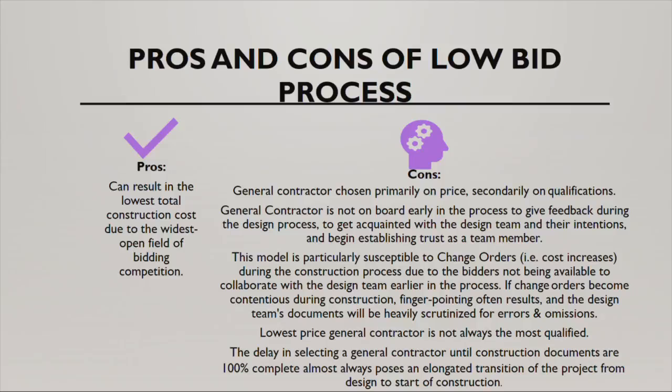So that's the con. The other issue is you base it on price, not qualification. So it's open to any. You could have companies that have been in the business for decades to companies that just got into the business. And so you're potentially awarding a contract to a less qualified firm. Now, does that happen traditionally? It does. We've seen in the construction industry that the lowest price is not necessarily the most responsible construction company that you hire. But that's definitely the con to the low bid process.